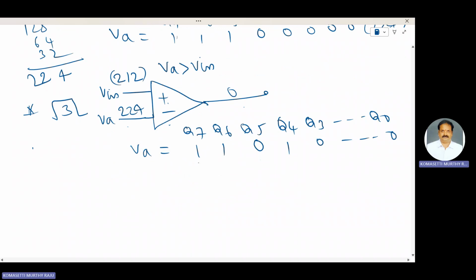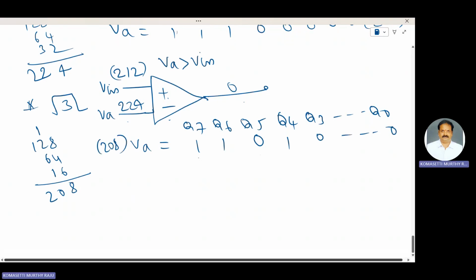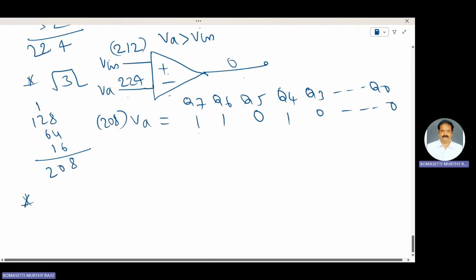This one is 128, 64, 32, 16. This one is 16. That is 208. This one is 208. For the next clock pulse,